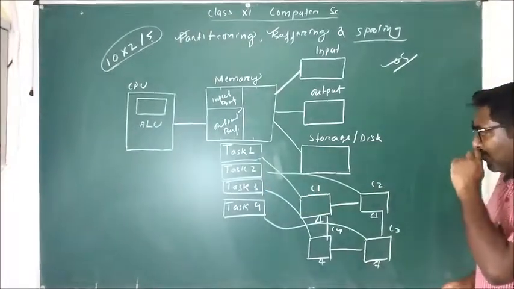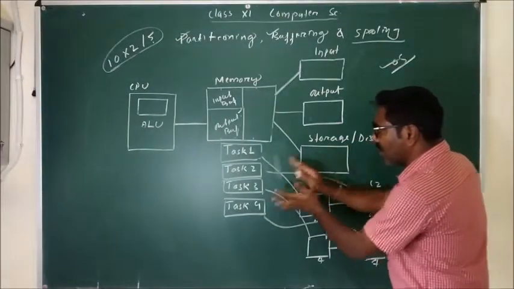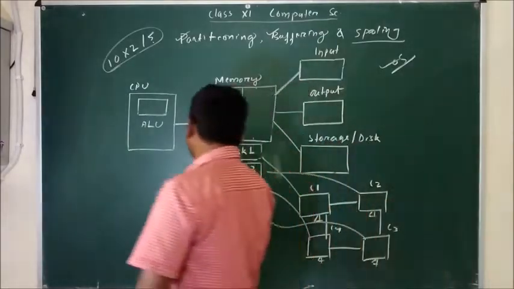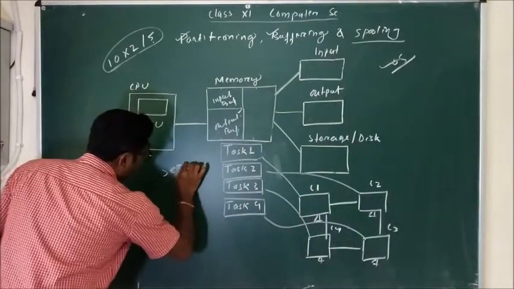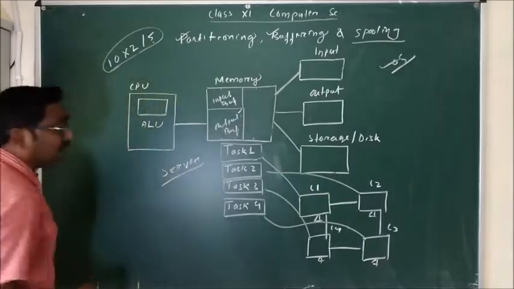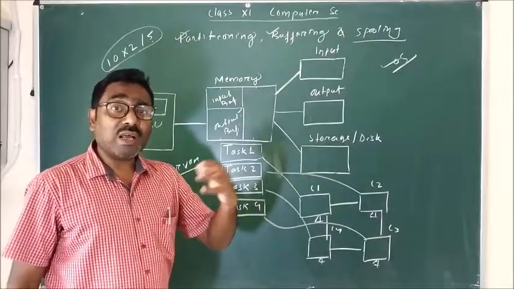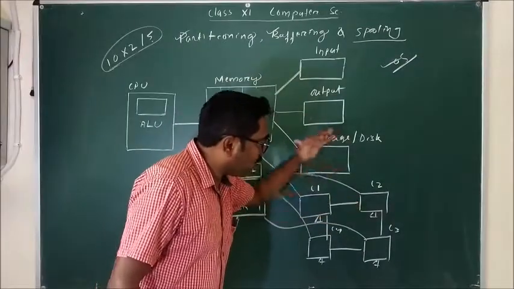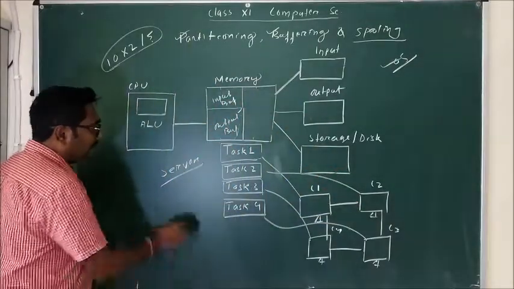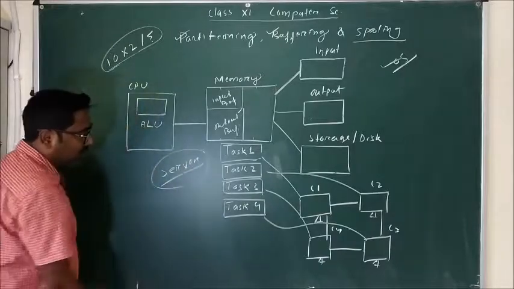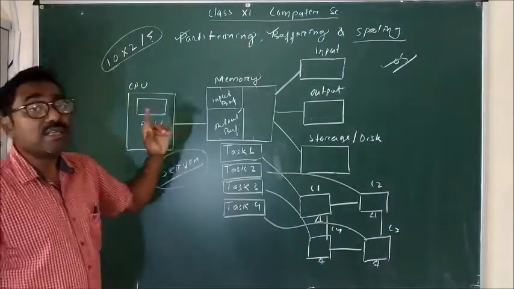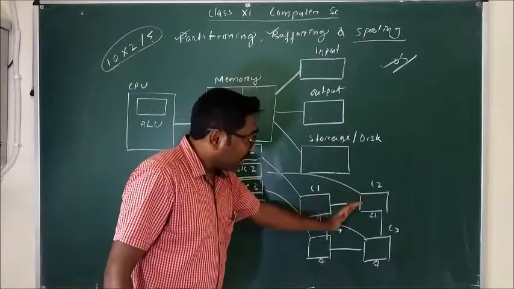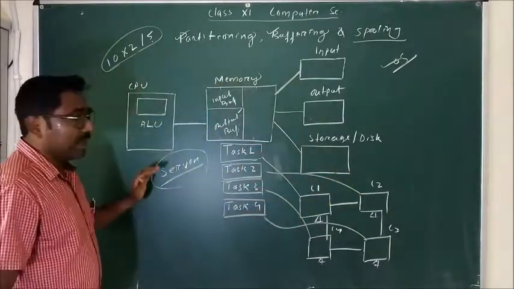Okay, so what happened here? Now all the commands appear simultaneously, and the commands are given to the server. I told you before, the server is the main computer that controls and coordinates other computers. So these 4 computers are controlled and coordinated by the server, and that server is attached to a printer. These computers are requesting printouts.